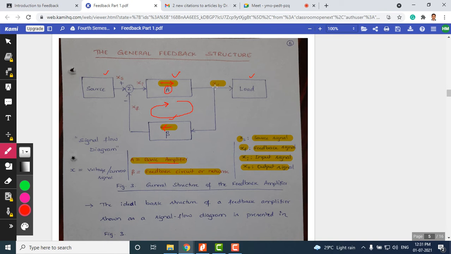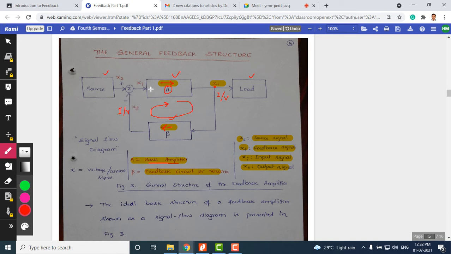Though we have not shown everything in detail here, the sampling, the amount of feedback which you are going to feed back into the feedback network, can be voltage sampling or current sampling. That depends on the type of feedback. There are different types of feedback, and depending upon that I can sample the current or the voltage. Also, the sampled current or voltage can be provided at the output as either current or voltage, depending on the type of application.